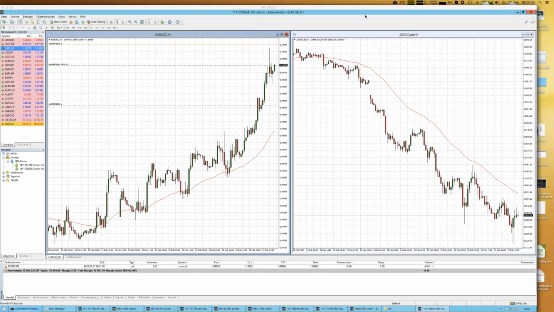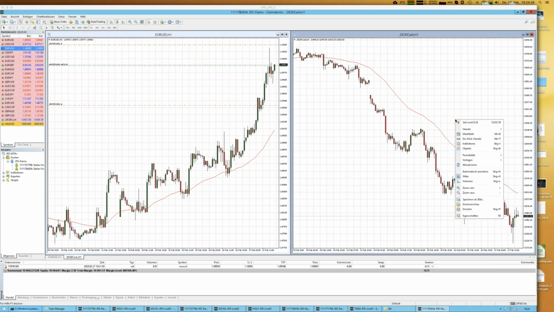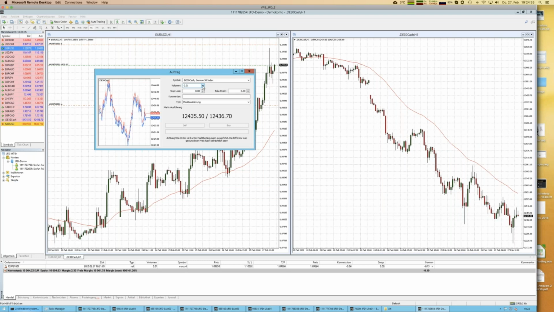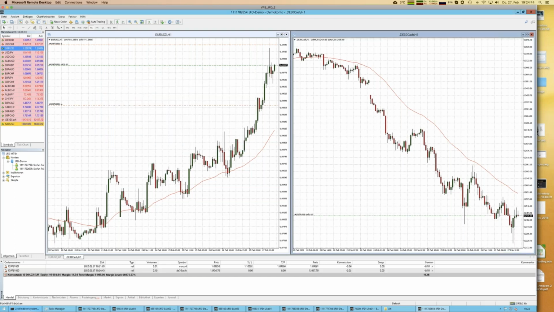You see on the opposite side I have the DAX chart, and I want to place an order here as well. Let me place, once again, a short trade. Same procedure, just a new trade. Then I go once again for the minimum lot size, which is 0.1 for the DAX. In this case, I want to sell again. Now I'm with the market, so to say, because you see the price went south already for a longer time.